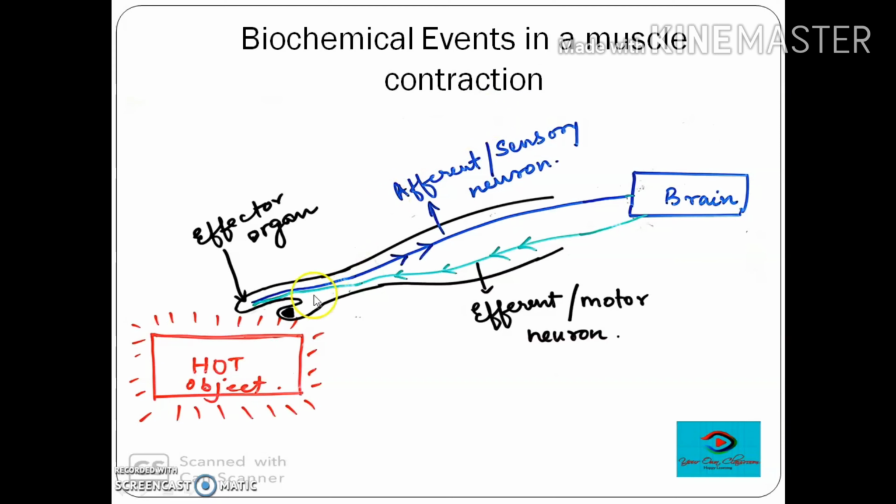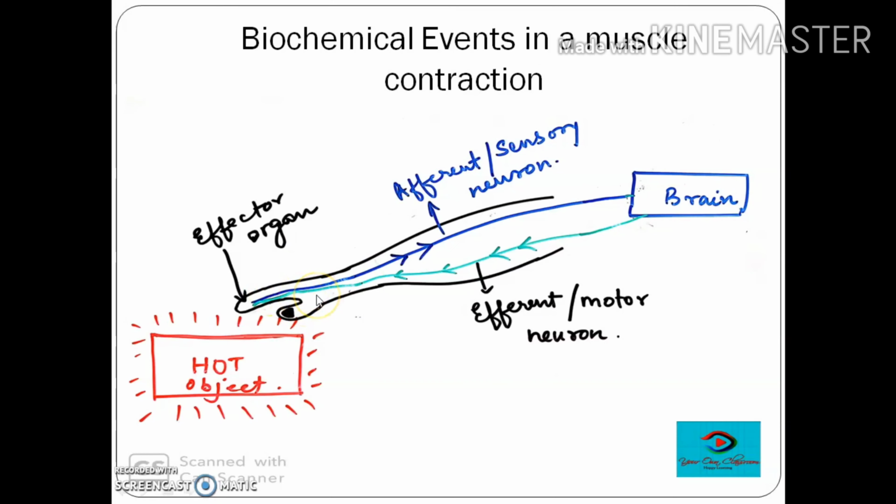to understand a situation. Suppose a hot object is placed in front of your hand and you have accidentally touched that. Then a signal goes from your hand to your brain via afferent or sensory neuron, and your brain decides whether you need to withdraw your hand or whether you need to keep it as such depending upon the intensity of the heat. And then the brain sends a signal via efferent or motor neuron at the level of the muscle fiber